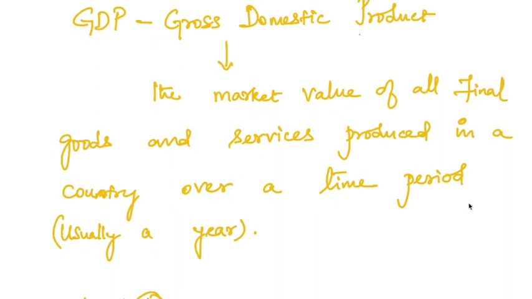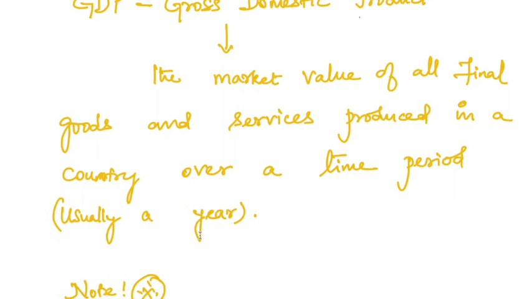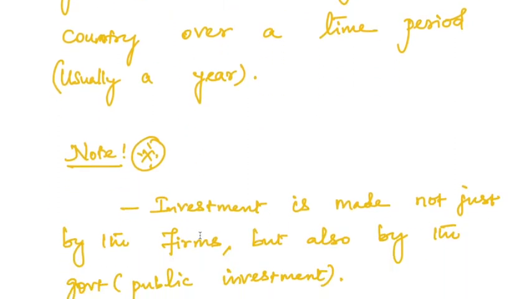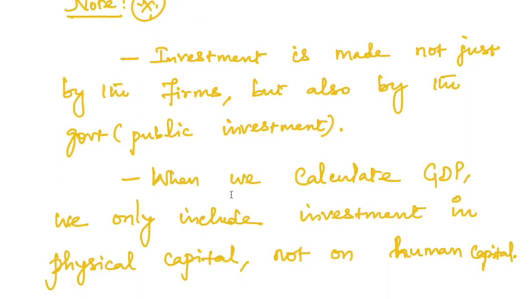Okay, so now how do you define GDP? GDP is nothing but gross domestic product, which most of you are aware. It's basically the market value of all final goods and services produced in a country over a time period, usually a year, usually a financial year. Now there are two, three things that you need to keep in mind. The first one is, as far as investment is concerned,